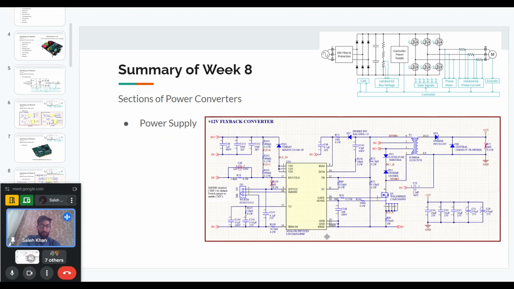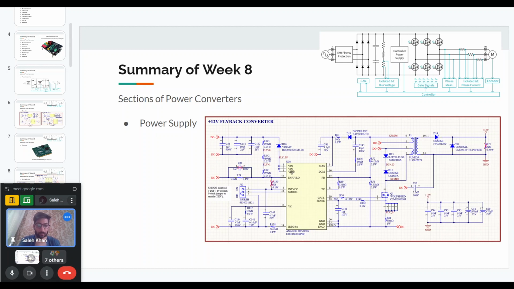So all these voltages are required for the operation of these circuits. This can be done either with a separate voltage that comes from the outside. So we can have, let's say, 12 volts that comes from the outside, and then we can have other linear regulators that will provide us these 5 volts, 3.3 volts. In this case, what they have done is they take the full input voltage or the DC voltage. So the DC bus, they take this voltage and it goes to this IC, which is actually a flyback